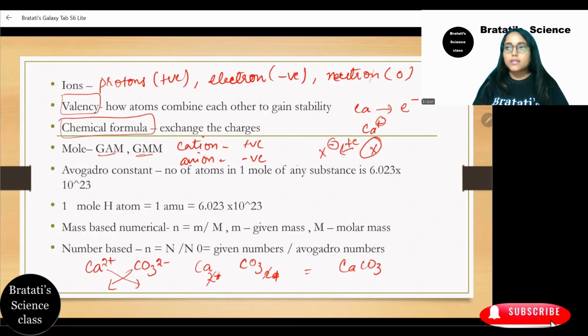Calcium carbonate. Now sulfur oxide or sulfur dioxide, we have S and O2. So sulfur and oxygen. Okay, like SO2. So what we will do, we will again exchange it. The negative charge and positive charge we will nullify, it will be SO2. Or sodium, Na+ and Cl-. Here Na+ and Cl- will be exchanged, and ultimately it will be NaCl. The neutral charges will be nullified. So this is how the chemical formula is formed.